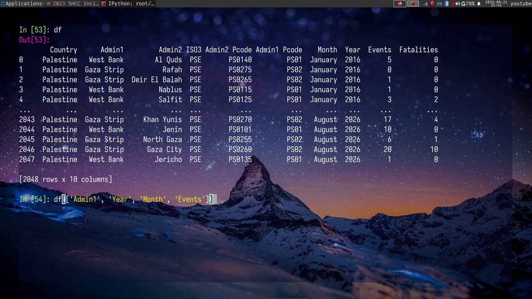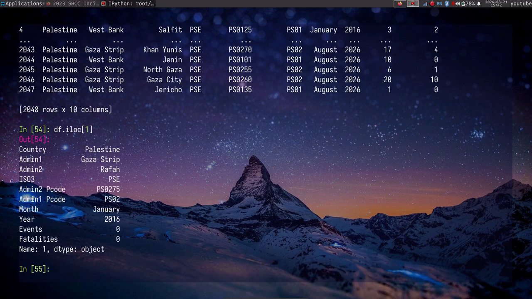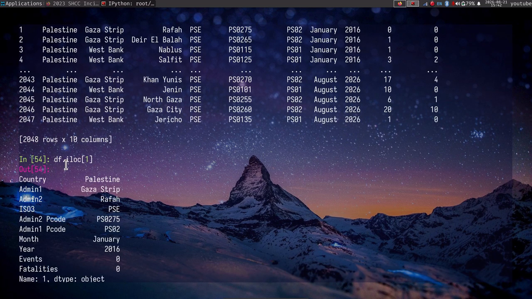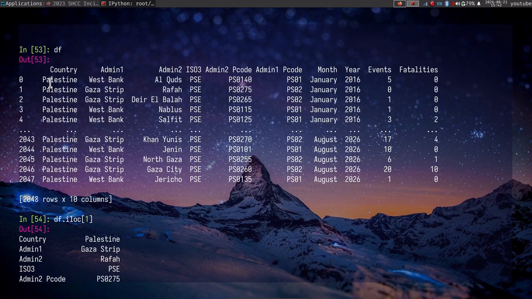For that we can use something called df dot iloc. This is an index based location, so you can give an index saying that okay, I want the first one. It's going to take only the first data element of this,